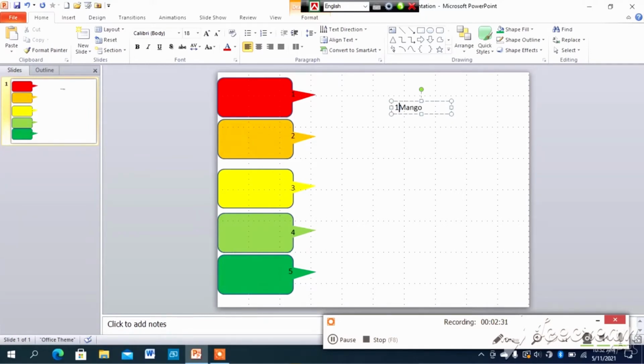The first title is mango slide, with a mango picture only for demonstration purposes. Second slide, banana.